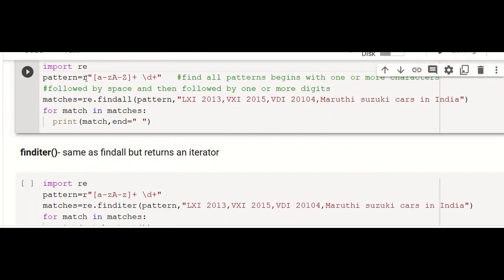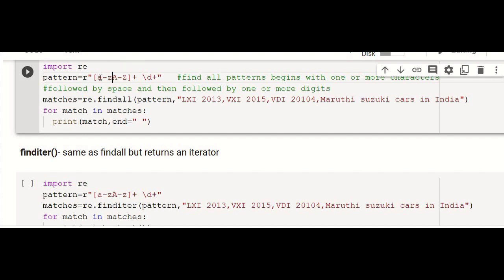Pattern equal to r. Whenever we are giving an expression, it has to be first prefixed with the character r. R stands for regular expression here, within raw data form, and after that it should be followed by double quotation, and inside the double quotation you can give the character that you want to display. This square bracket will contain any character.